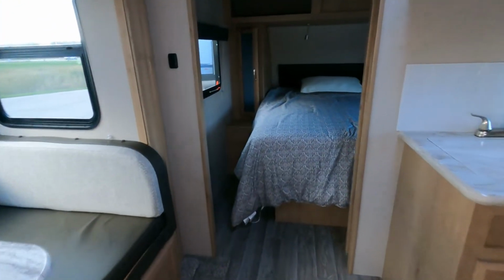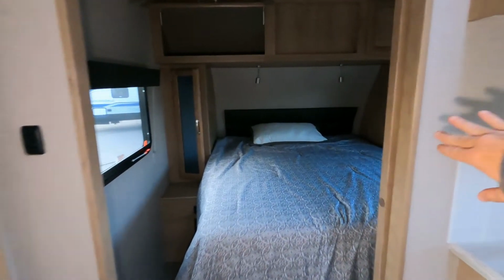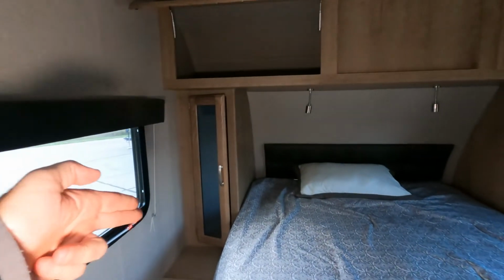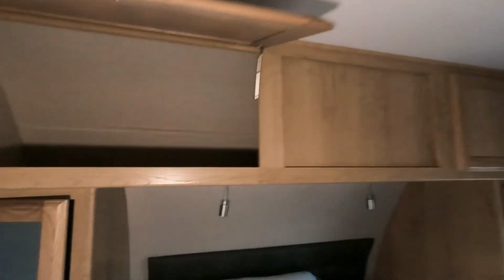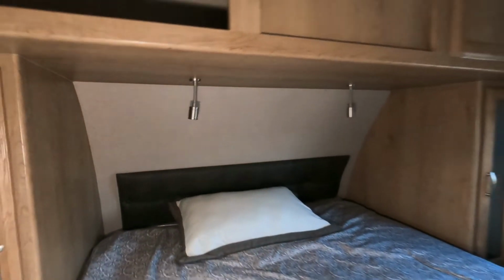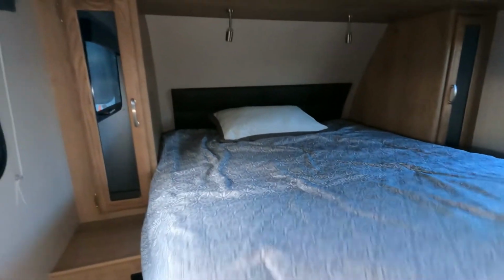Let's head into the master suite. So this has a sliding door right here. That's a queen size bed as we dive in. And then there's wardrobes on the left and over on the right with storage cabinets up above. You can see these are quite deep. There's your reading lights, padded headboard. As I said, a queen size mattress. And then we do have